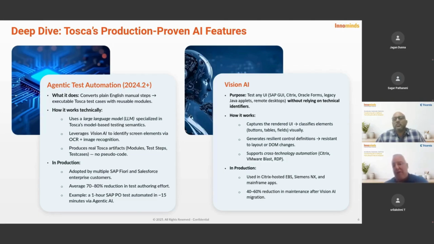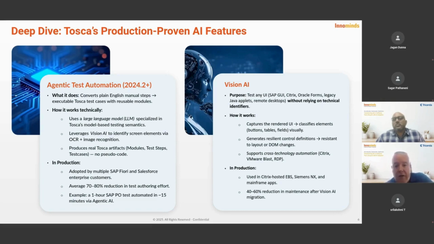When our chief product officer first introduced this, in fact, he stood on stage in Vienna, drew on a napkin a picture of a login box just to prove his point, took a picture of it with his phone, slacked it to himself, and built the automation from that. This comes in handy in the Oracle world, where Oracle provides mock-ups for their quarterly releases. A certain fast food chain here in the United States uses this to great effect and cut their testing time by 75% because they're able to build the automation from the mock-ups. You can drive automation through Citrix interfaces, through RDP hops. I even drove it over a Zoom call once.